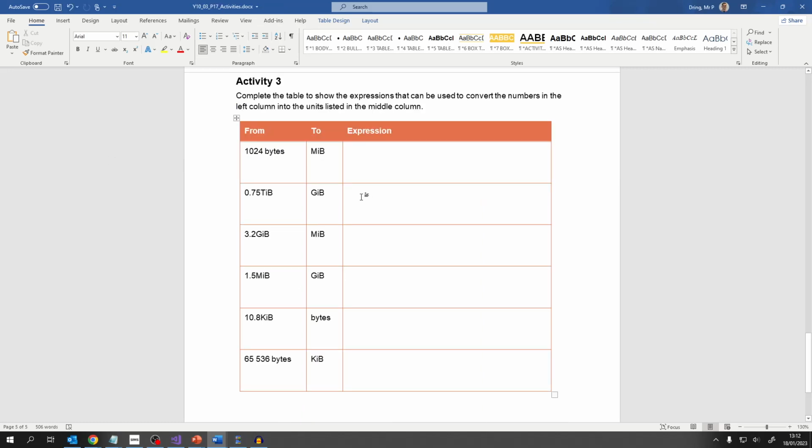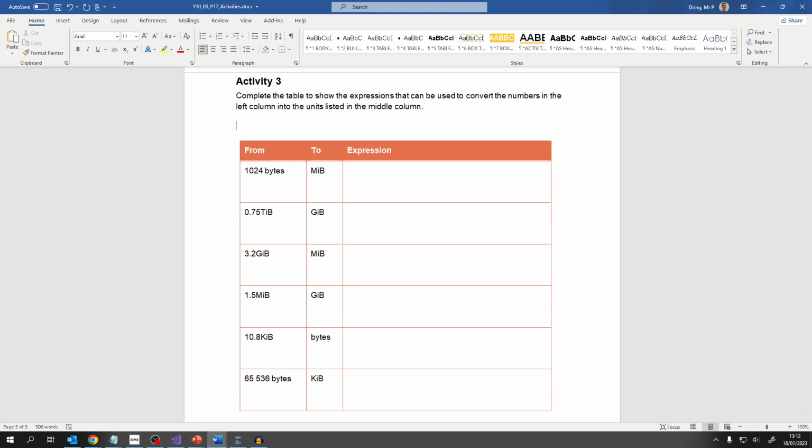Okay, so let's just have a quick look at activity 3. Remember, you are not expected to do calculations in your head. You are expected to write down expressions. So first thing to remember is how to convert between megabytes and gigabytes and all of that kind of gubbins. So if you ever see just MB, that means megabyte. We're doing Edexcel, which insists on doing things correctly but rather confusingly, which means a mebibyte, and they are different. So we need to remember this